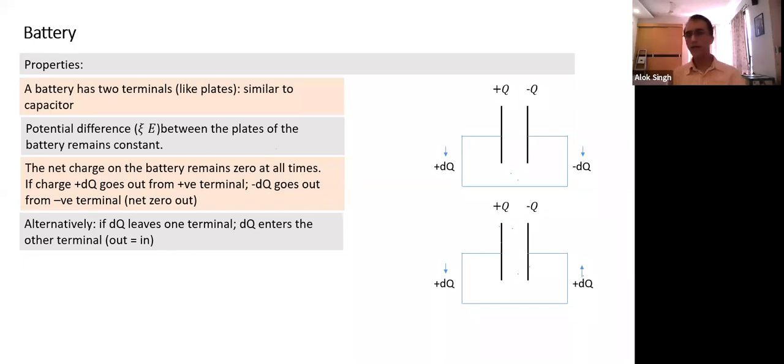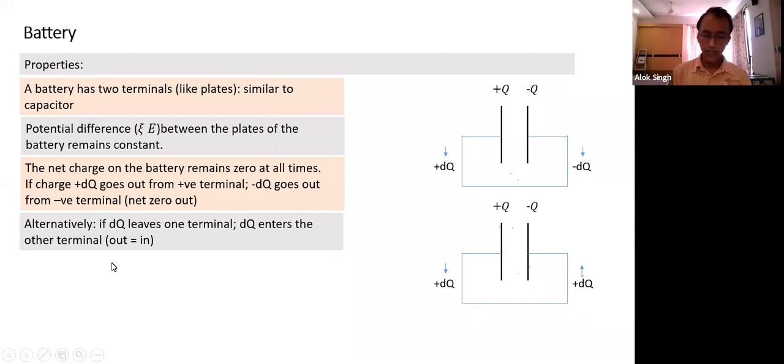So what has happened here? See, in case of a battery, what would happen? We have seen earlier in case of a capacitor, if this kind of charge flow takes place, what will happen? How much charge will there be now? The charge should have become Q minus dq, and this one should have become minus of Q minus dq. The charge on both plates should have decreased had it been a capacitor.